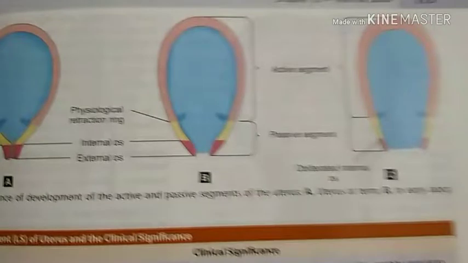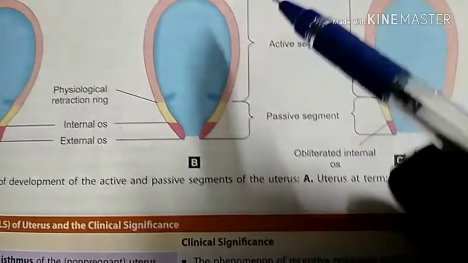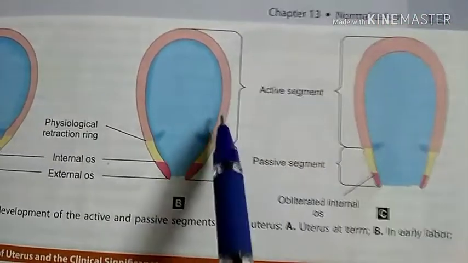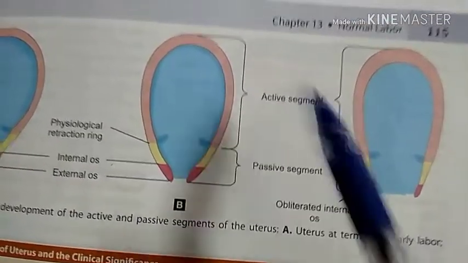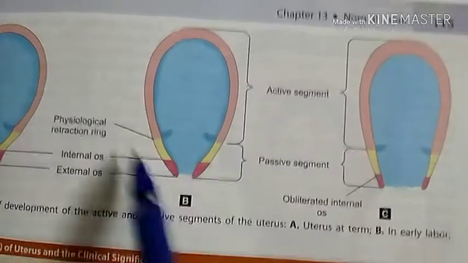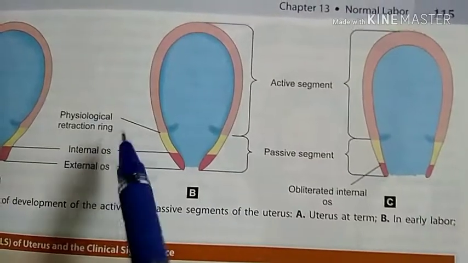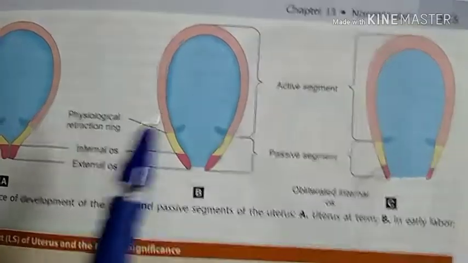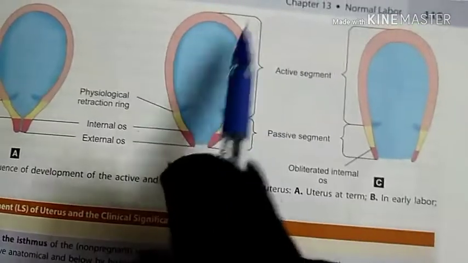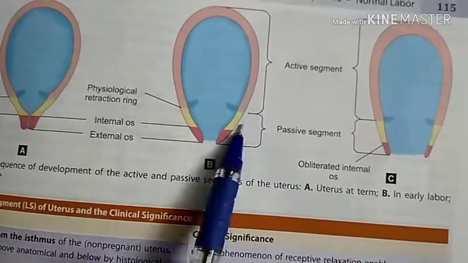I can explain this to you clearly over here. During labor, under the influence of uterine contraction, the uterus gets gradually divided into two segments. The upper thicker segment is called the active segment and the lower thin segment is called the passive segment. The junction between these two is called the physiological retraction ring. This ring is characterized by circular muscle fibers. Above this ring is the contracting thicker upper segment, and below this ring is a dilating stretched lower segment